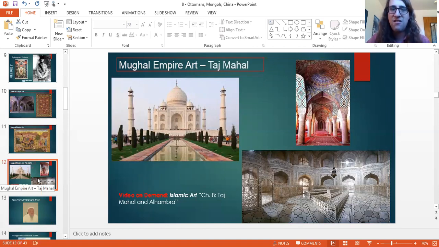This sort of fabulous mausoleum that the Mughal king made for his deceased wife. You can maybe see the influence of domes and minarets. There's that, the domes maybe influenced by the Christian world, and the minarets definitely influenced by Muslim mosques.